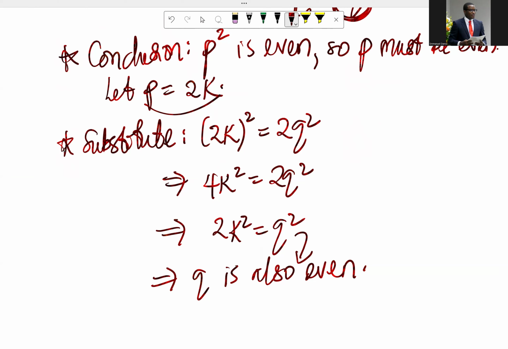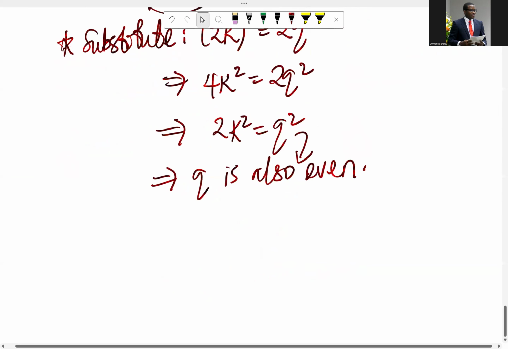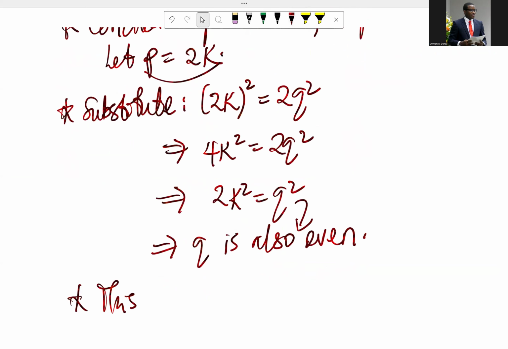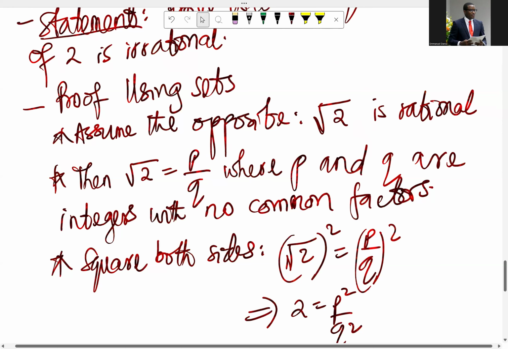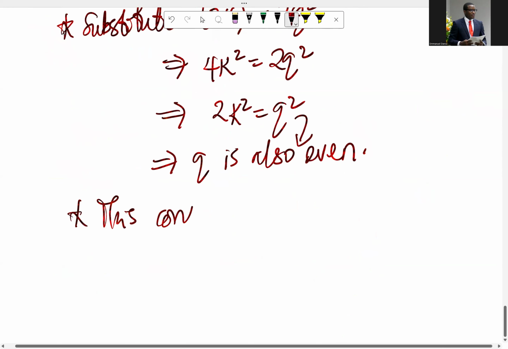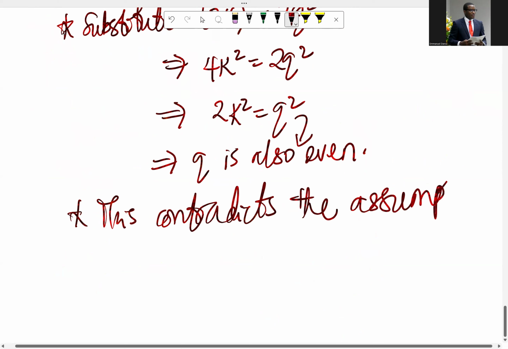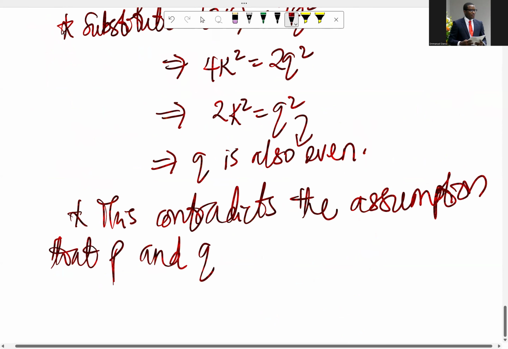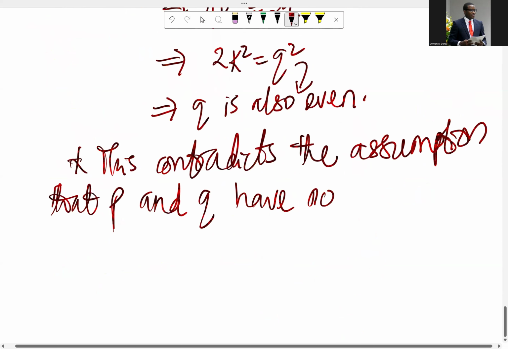And you can see this is a contradiction to what we're expecting. Because if p and q are even, it means they have 2 in common. So that defeats where we are coming from. If p is even and q is also even, then 2 can cancel out and it will no longer be what we started with, because we said they should be integers with no common factors. So this contradicts the assumption that p and q have no common factors,